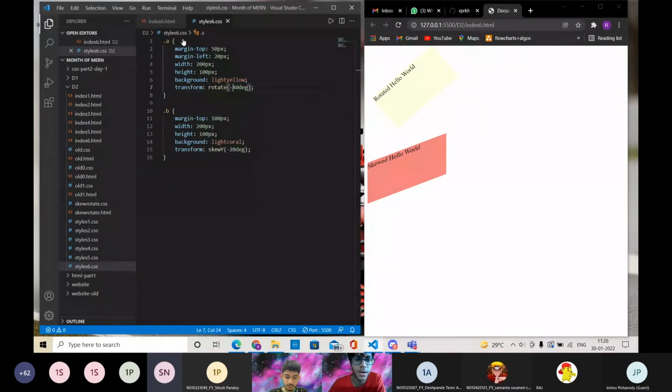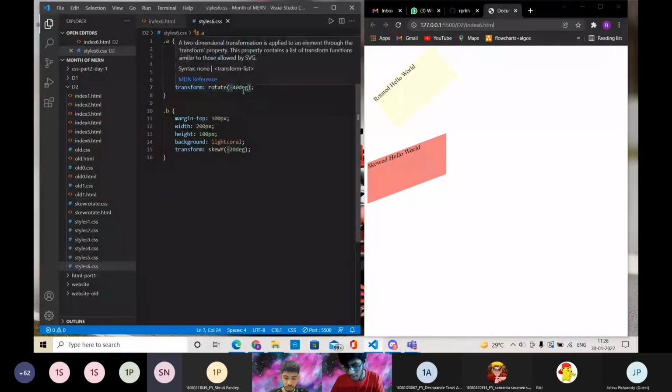If we look at the CSS of this, for class A, I have just specified some margin because otherwise it will go outside the browser part when I rotate it. And I have specified some width and height, and some background color. Now, what I have done is I have applied this transform property. It allows you to rotate your elements or apply some kind of cool effect to it. The way you use this property is transform colon rotate, and then by how many degrees